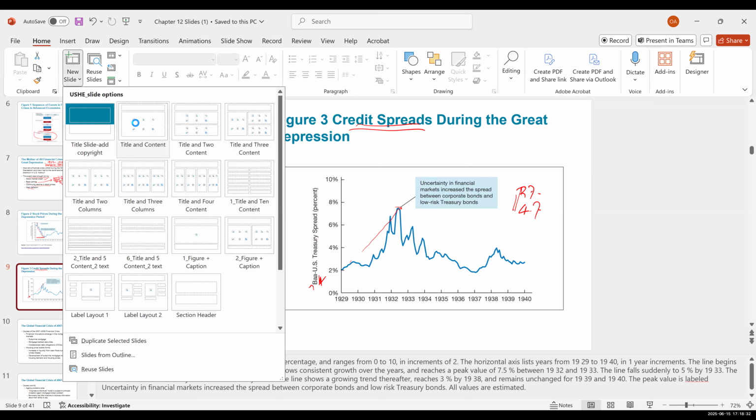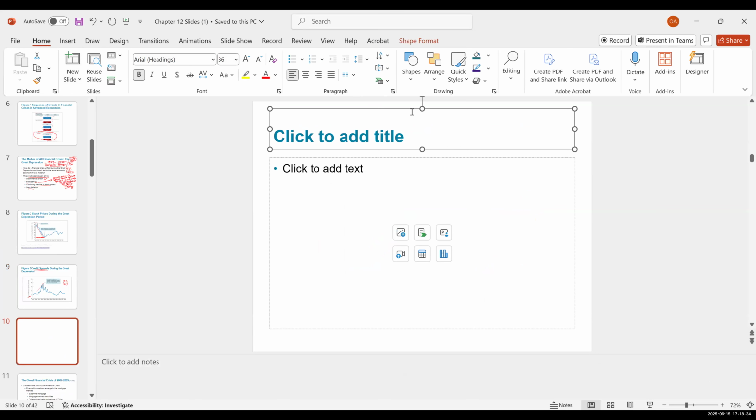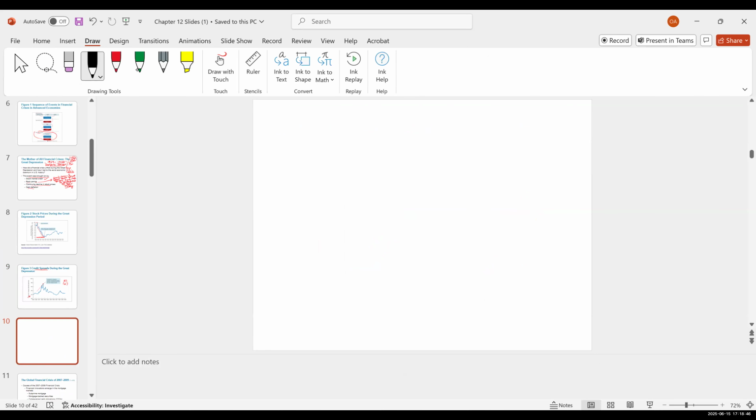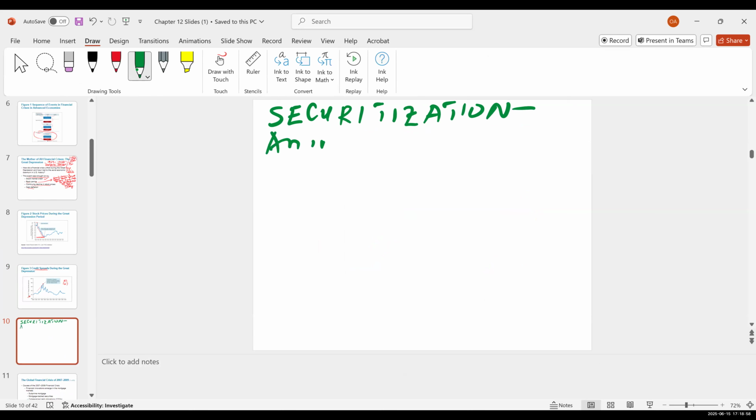early 2000s, Wall Street came up with this fancy concept. I'm going to talk about the concept of securitization. That is an innovation in the early 2000s,